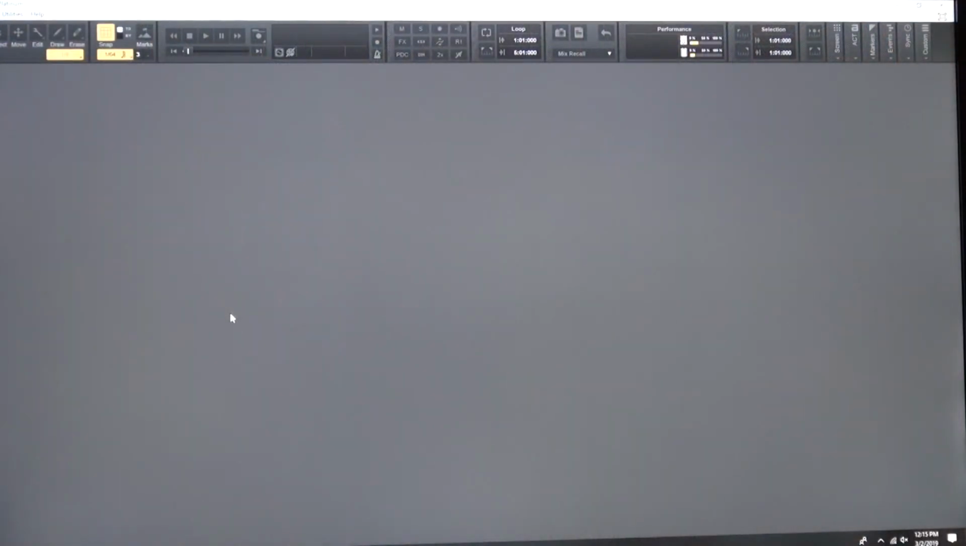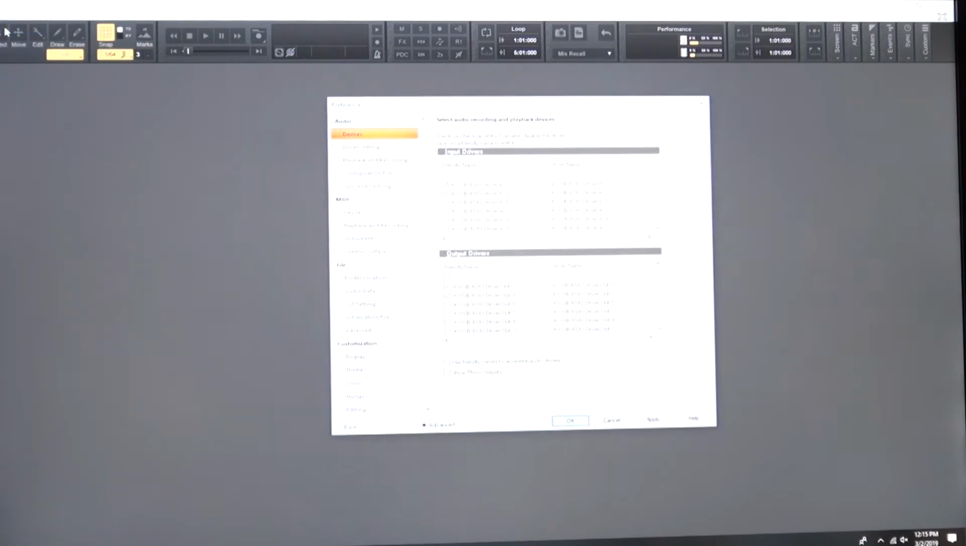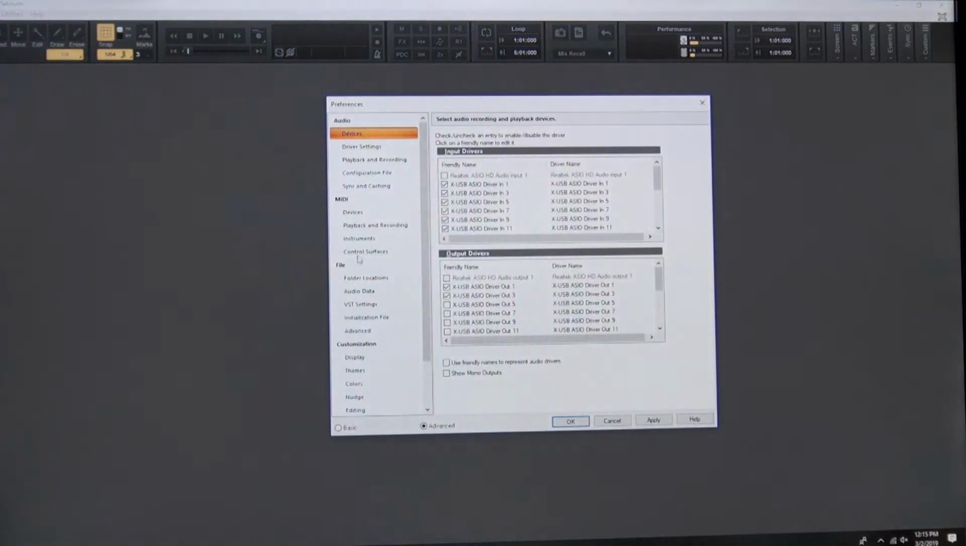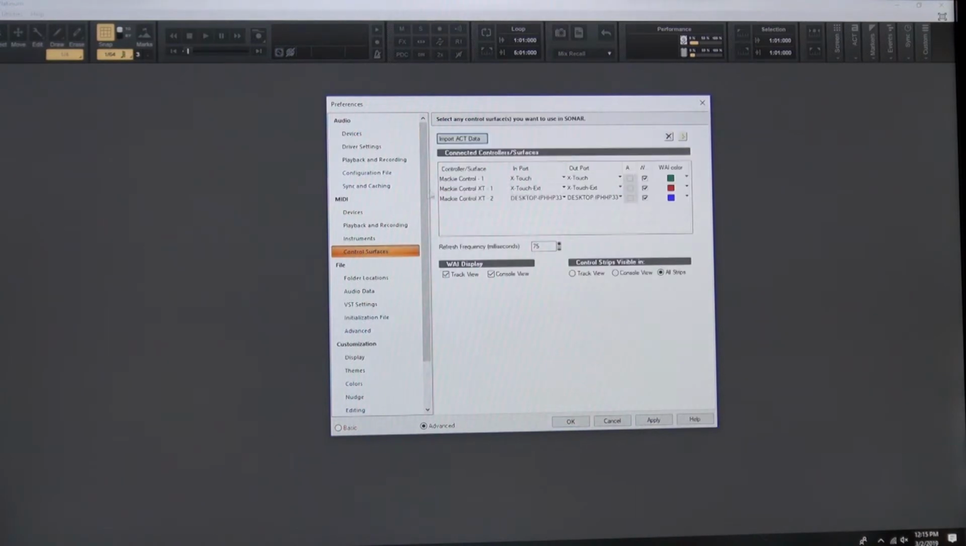Now that the X Touch extender is connected to the X Touch, let's open up Sonar and we're going to create another control surface, just like we did before with the X Touch. We're going to start by clicking on Edit and Preferences. Then we're going to go down to the MIDI section and Control Surfaces. This time when we do add a new control surface,